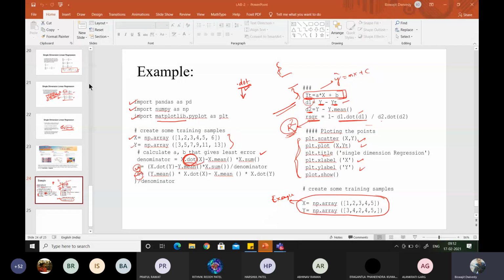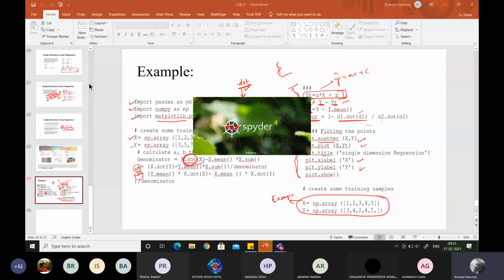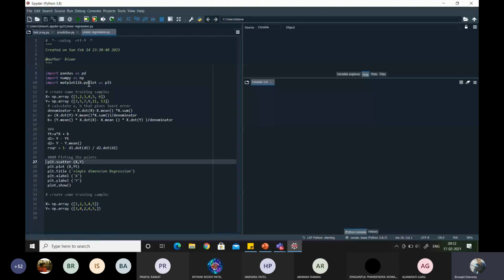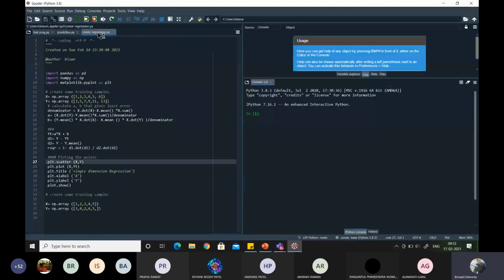The main thing is that we should understand this regression technique. That took so much time, but the programming of this regression technique is very easy. Today I'll just show you the linear regression technique with these values. Next class we'll discuss how to use this linear regression technique with some data set. The same example has been written here, so I'll just execute that in your console to show you the step by step process.